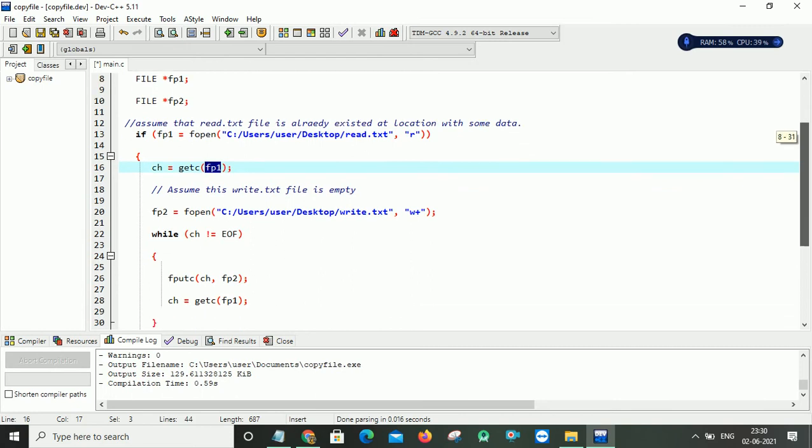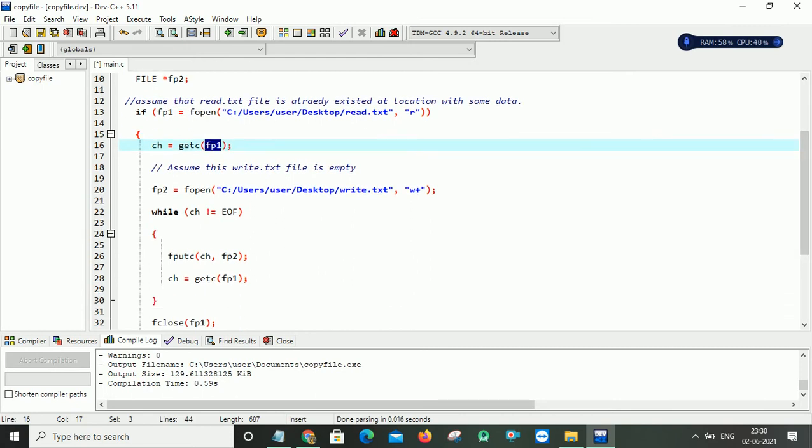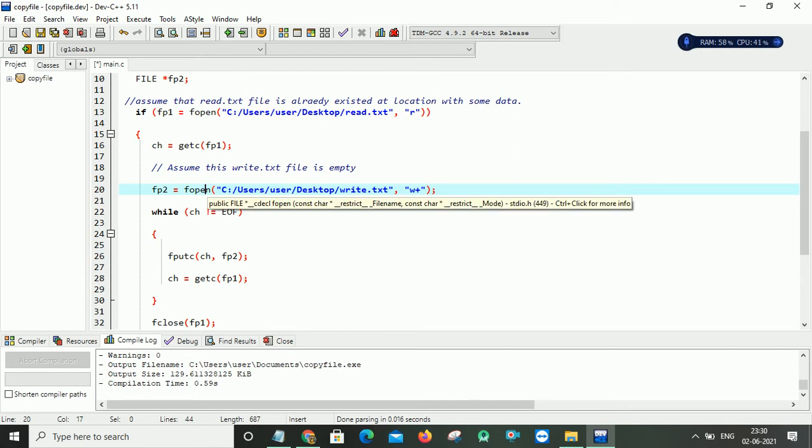So now, the assumption we make is that fp2 points to another file, write.txt. Now this fopen function, when you open with w+, the file is open for both reading and writing purposes.